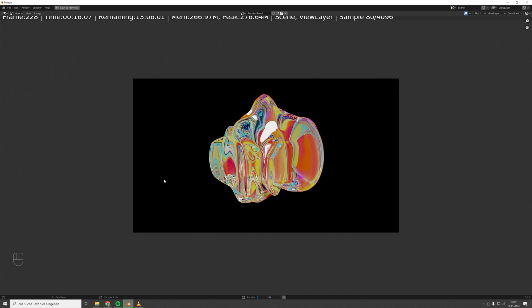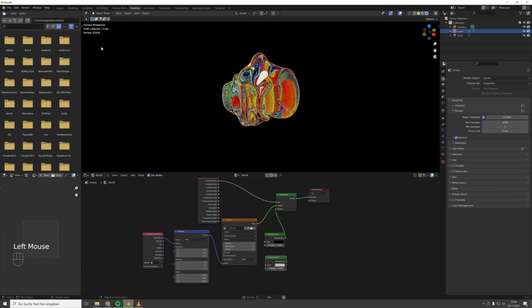So I can calculate for myself, okay, if I want really good resolution, probably I'm gonna go for 250. Now I went back, but it's still rendering down here. If you want to quit it, just press escape or exit down here. So let's go for 250